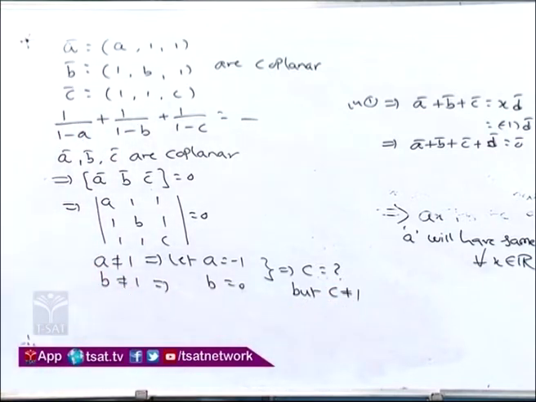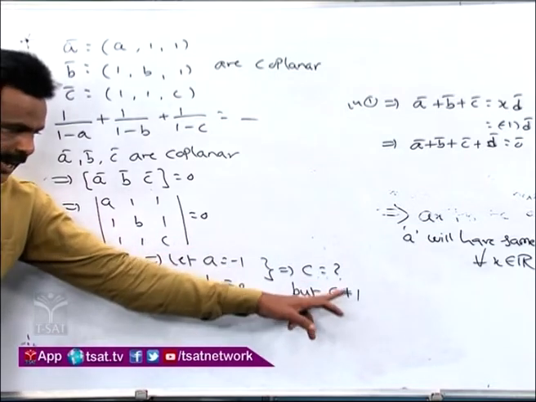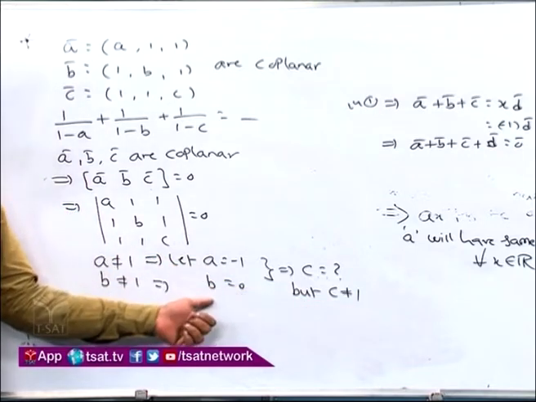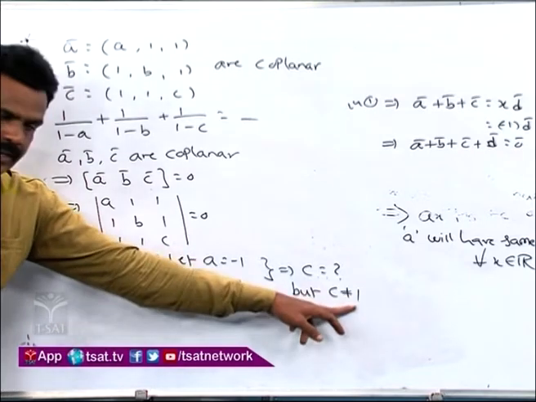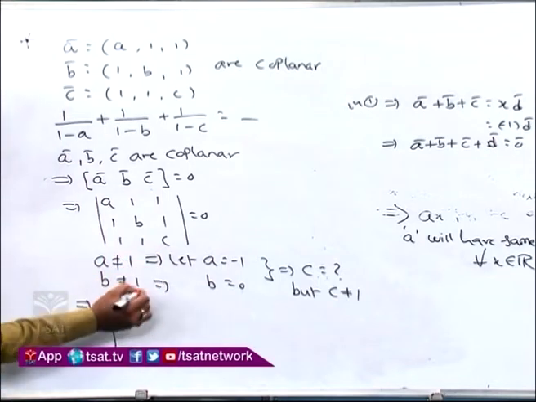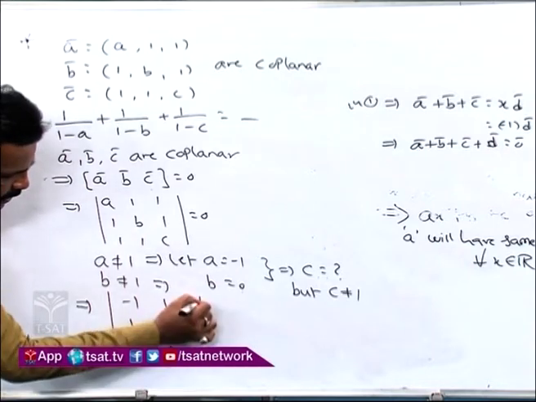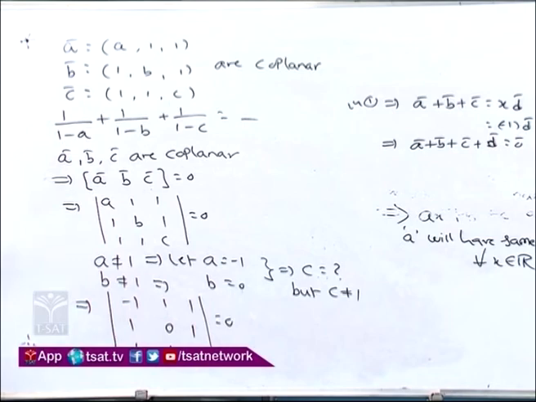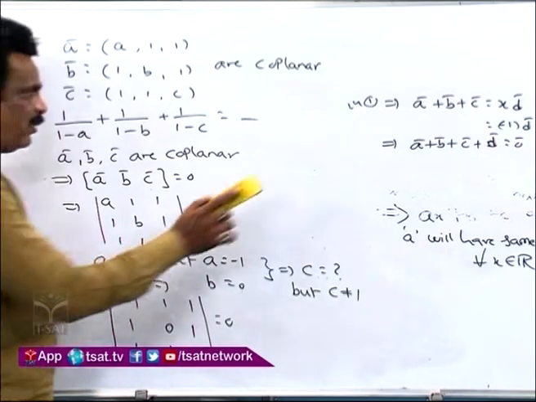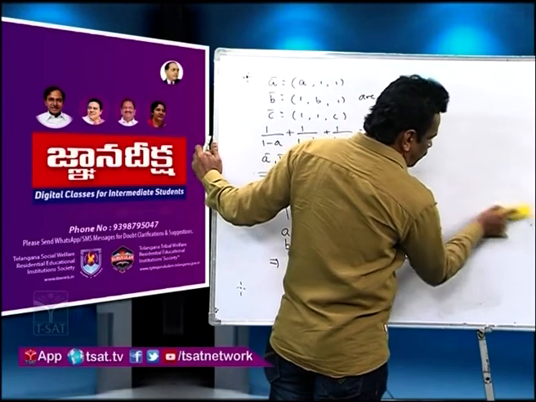My intention is to say, instead of applying properties of determinants here, we find out for these two values of A and B the corresponding value of C. If it is again 1, we can't choose these two values. If the obtained value of C is not equal to 1, then we can verify the expression for those values. So here we can say implies a determinant for these two values. A is minus 1, here 1, 1, 1, 0, 1, 1, 1, C equal to 0. Means for a fixed pair of values of A, B, we are finding the corresponding value of C to reduce the time factor to solve the problem.